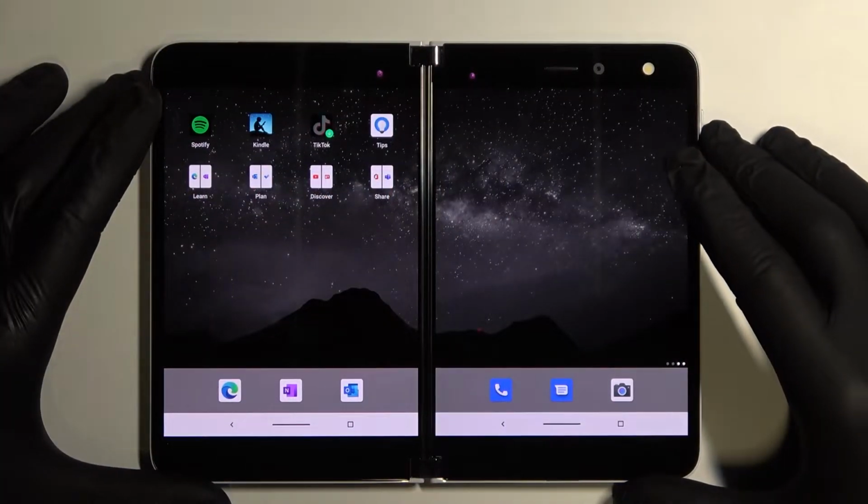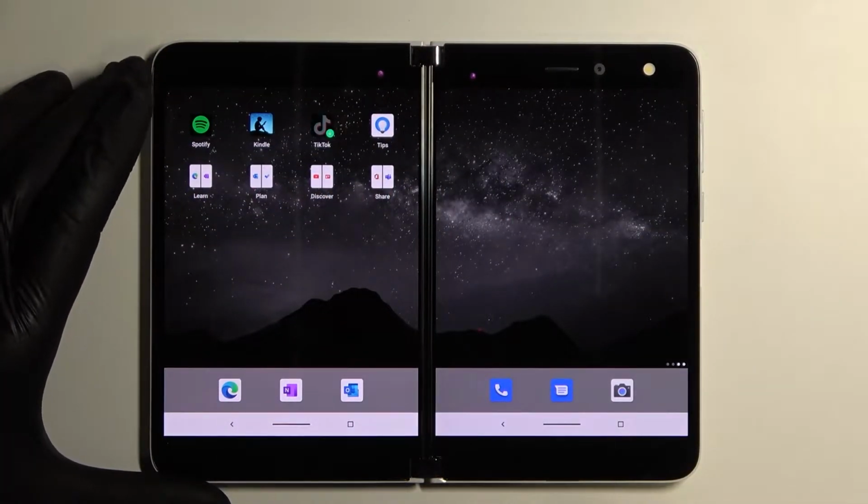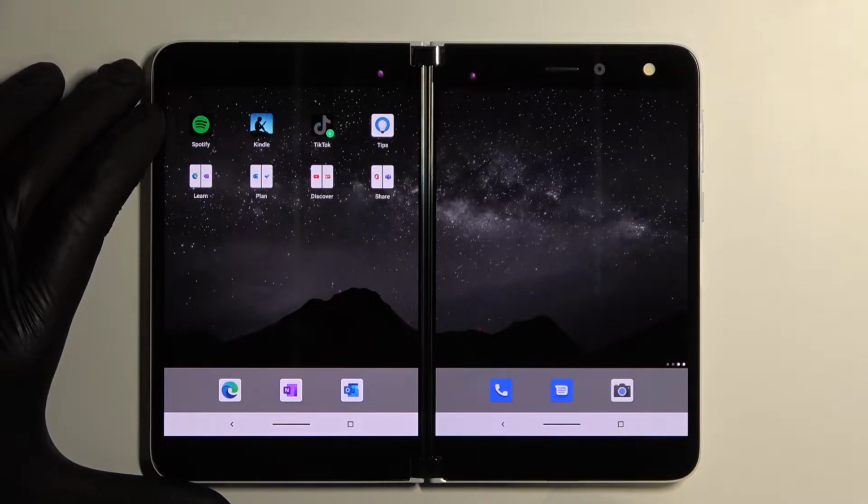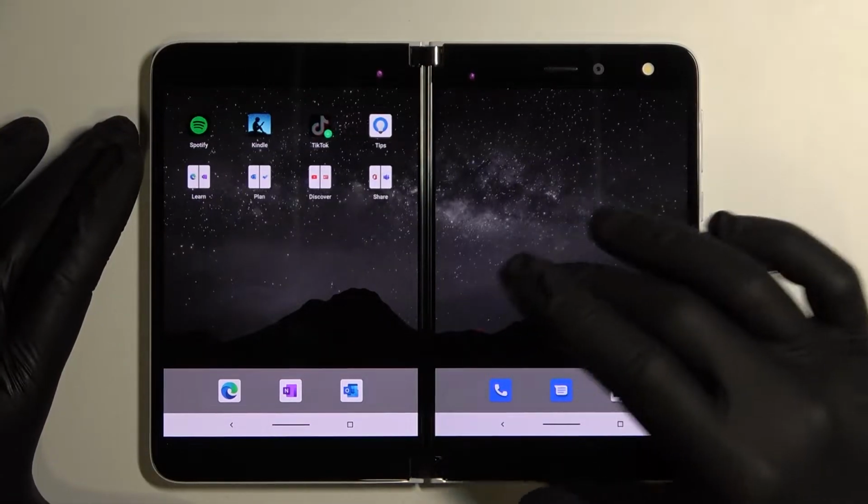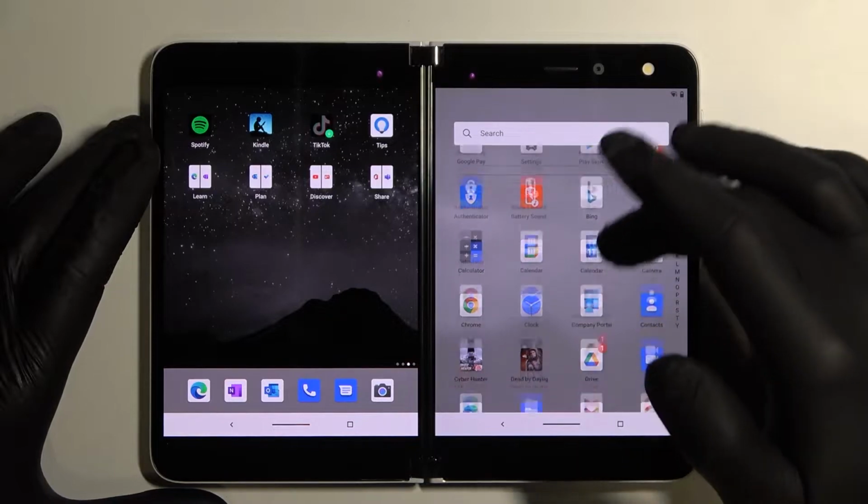Hello, in front of me I've got Microsoft Surface Duo. In this video I'll show you how to add different types of cards to Google Pay. At the beginning, enter Google Pay app